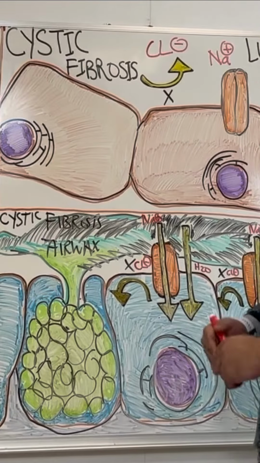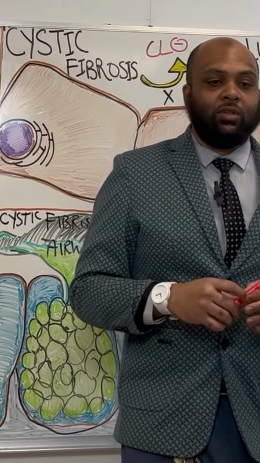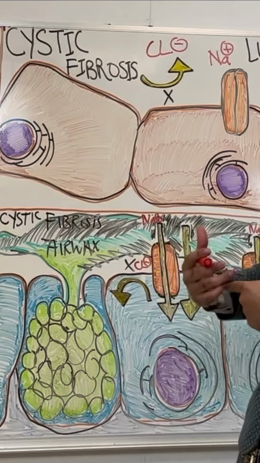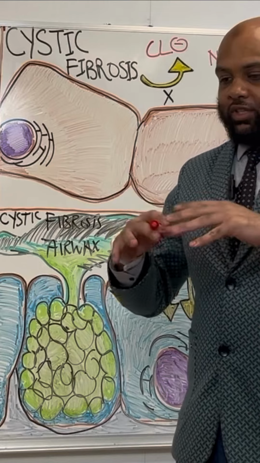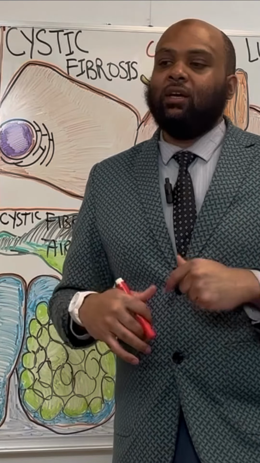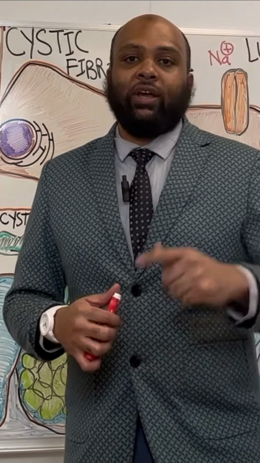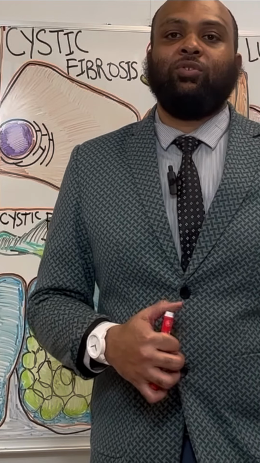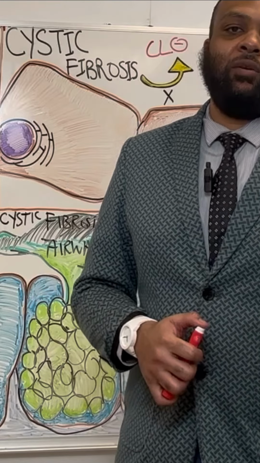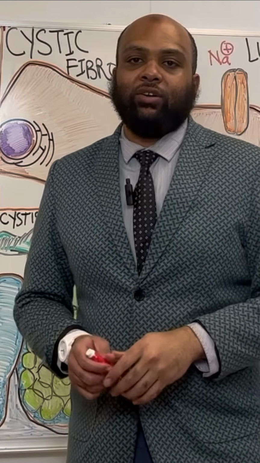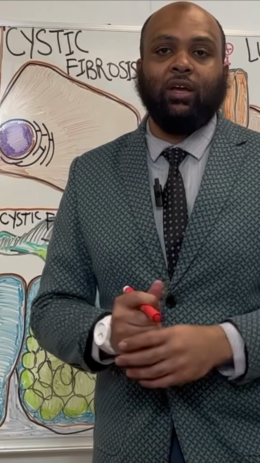So we're going to be discussing today the clinical implications of cystic fibrosis. And we must understand how cystic fibrosis comes about from the genetics. It's a genetic disease where we would have a failure in the transcription and the later supposed translation of the gene that would make for us the cystic fibrosis transmembrane regulator, CFTR. So this cystic fibrosis transmembrane regulator is a protein.